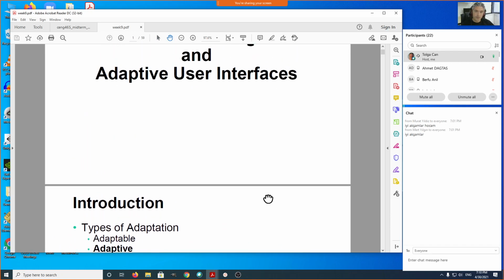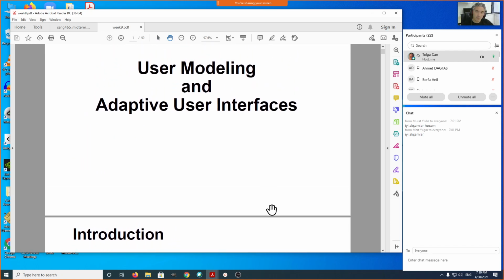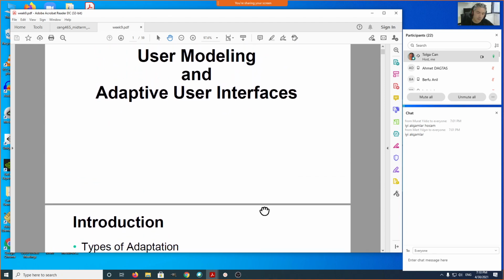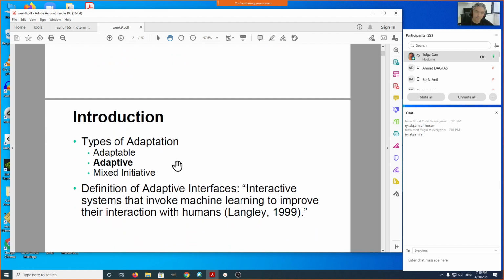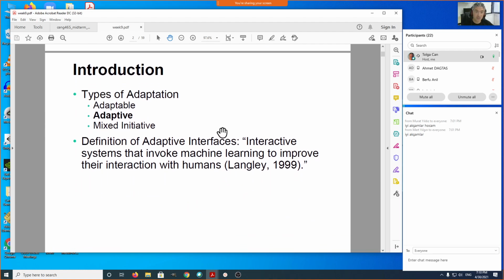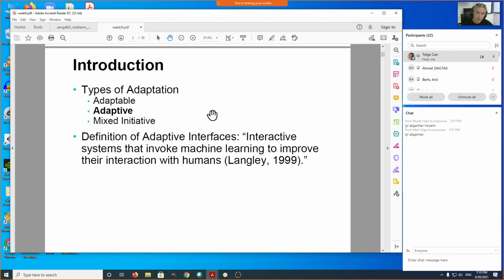So we are going to see two types of interfaces when we talk about adaptive interfaces. In terms of customization of a user interface based on user needs, there are different types of adaptation. Most of the time, most applications already provide adaptable, which means customizable interfaces, which allow the user to